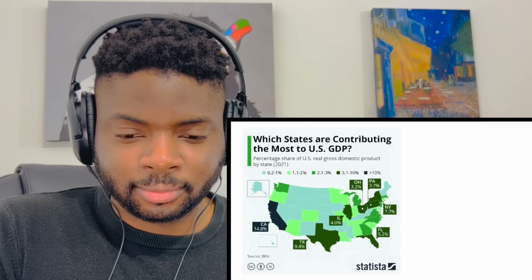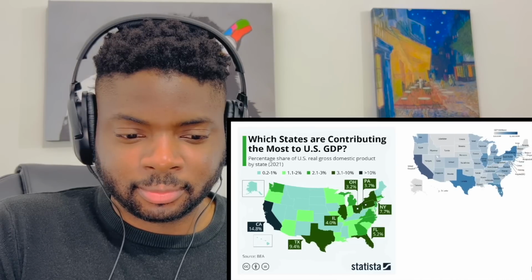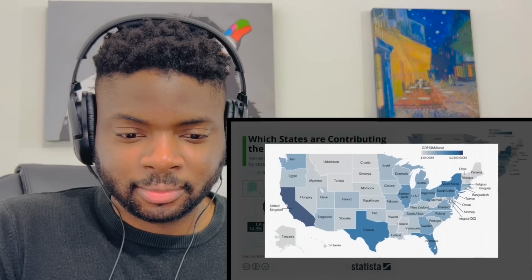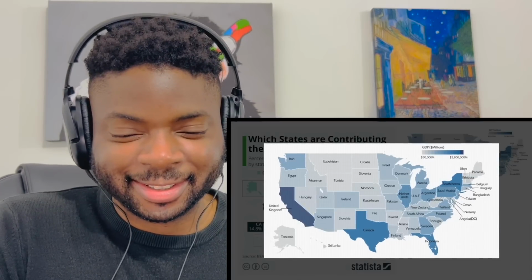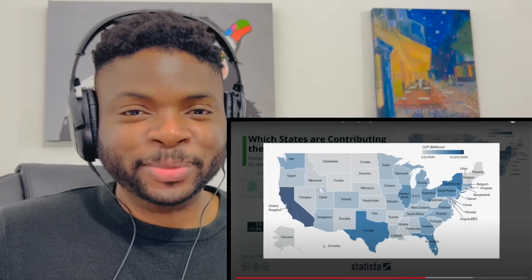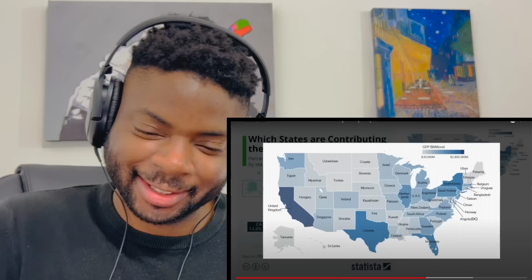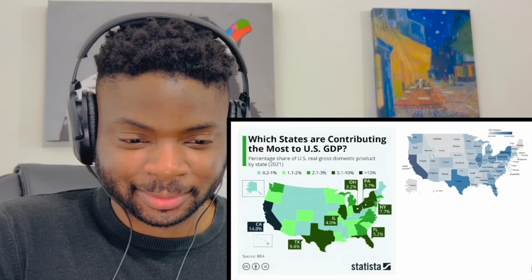We can instantly tell that the East Coast has a higher GDP percentage than the West. Again, 14-something states versus 3 is normal to be the case. But we must pay attention to California, with a GDP almost equivalent to the whole country of the United Kingdom, being the highest in the country and contributing 14%. Well, we are a lot smaller, so percent to the national value over New York and Florida combined.